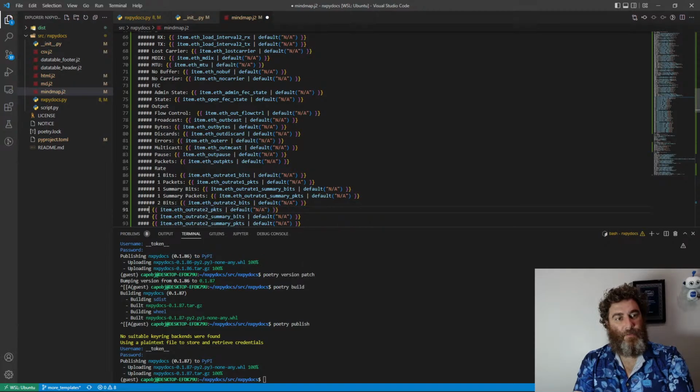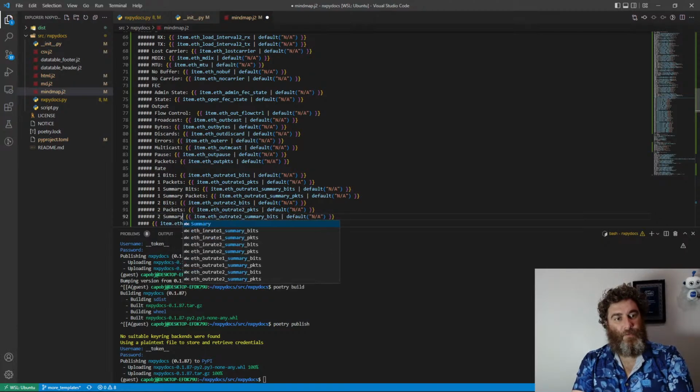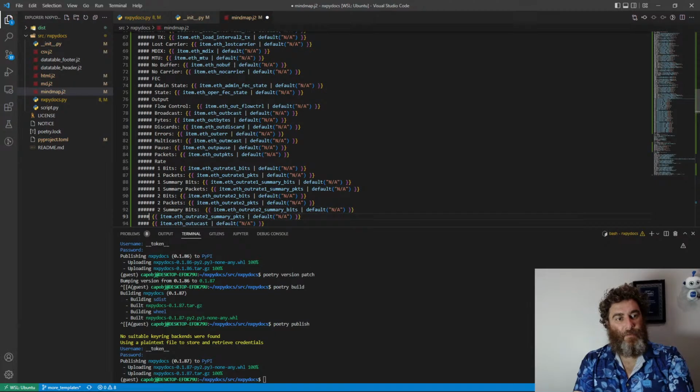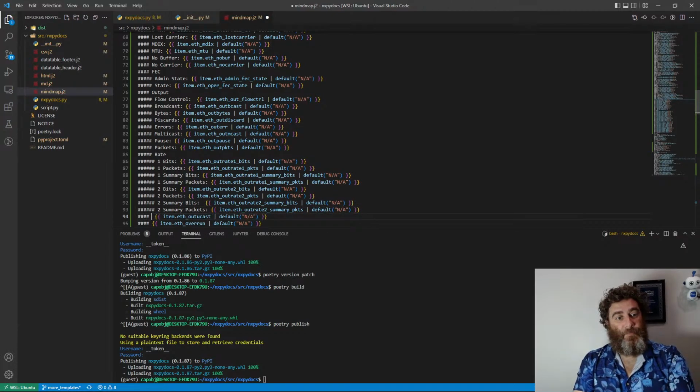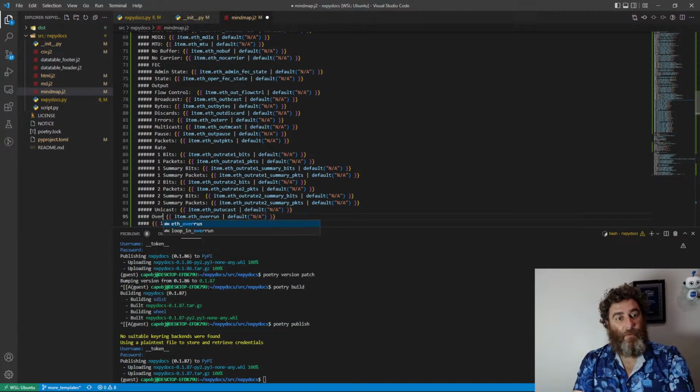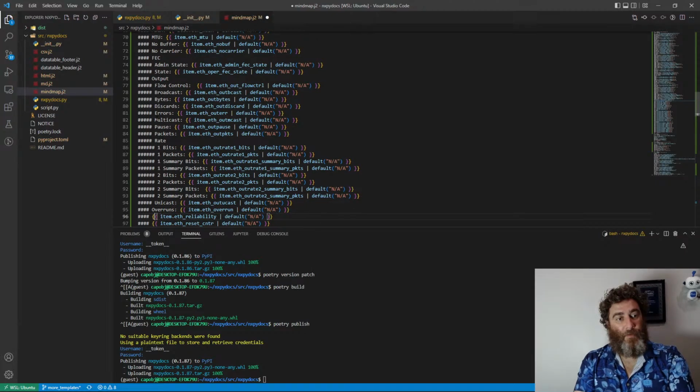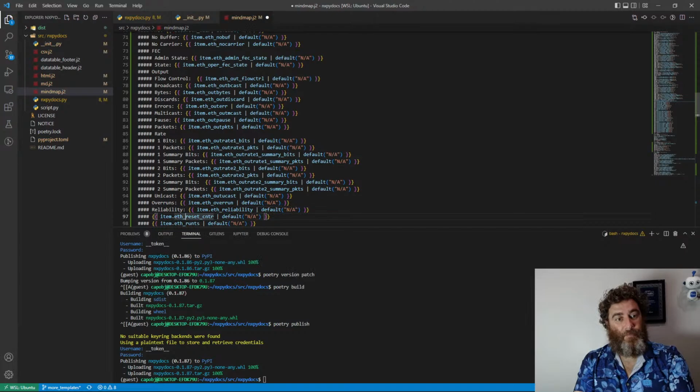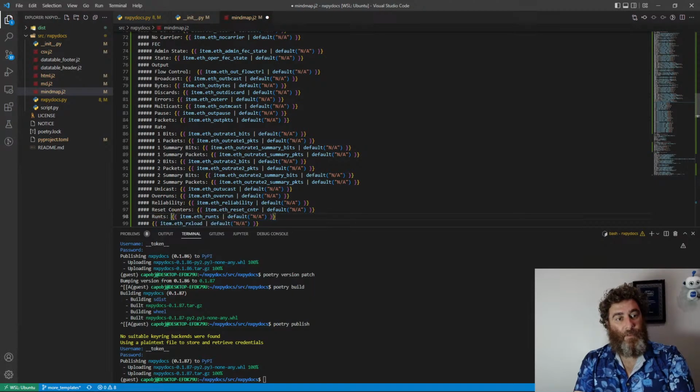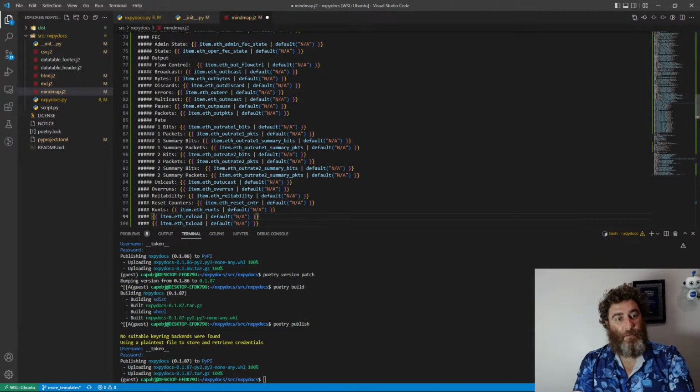2 bits, 2 packets, 2 summary bits, 2 summary packets, unicast, overrun, reliability, reset counters, runts are, let's do load